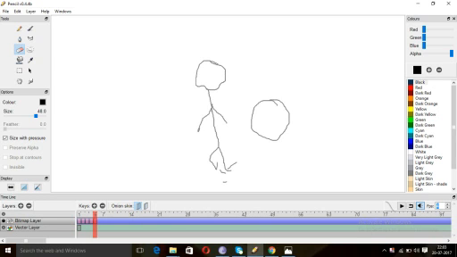When you open it, the dialog box looks like this, that's a paint dialog box. There is a toolbar, and there are many options like pencil, brush, rubber, and you can do whatever you want.